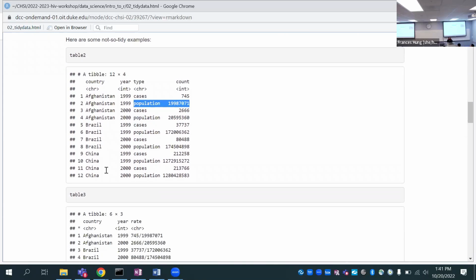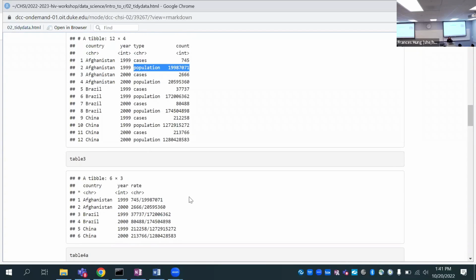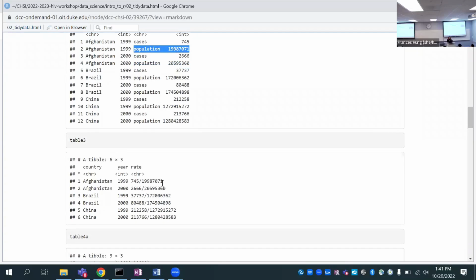Okay, so another example of a non-tidy format would be like this. We have country and year, which is good. Those are our observations of interest. And we now have the rate, which is cases per population. And this is difficult to parse because we have this character string of numbers. And we have to separate this number of cases from the population in our final analysis, most likely. So this is not good either. This is not tidy.